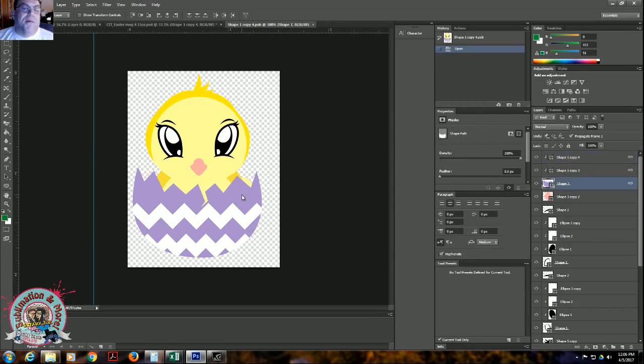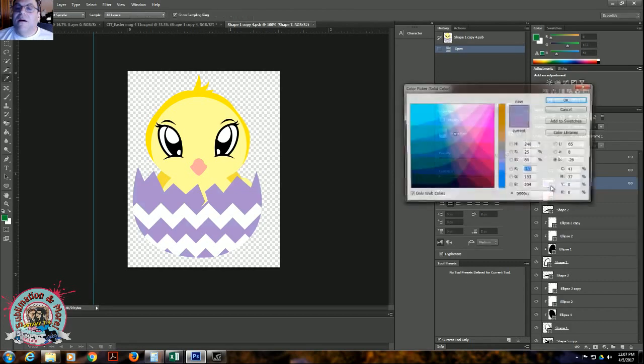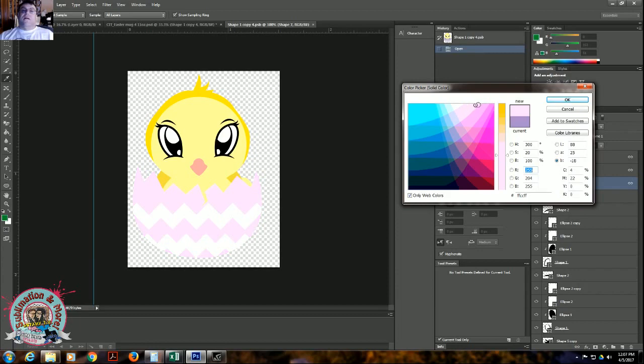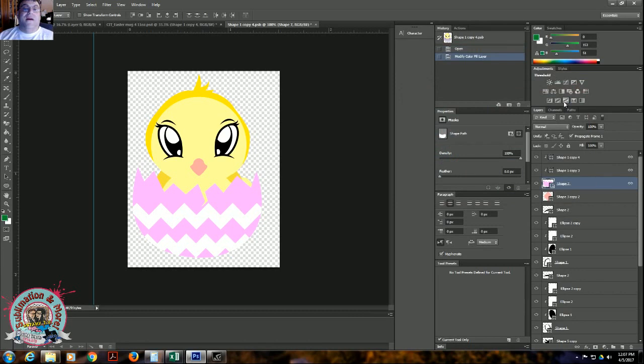So let's click the purple here. We're going to double click the layer thumbnail, come up with our colors. It's going to be for a girl that doesn't like purple. And we're going to select that pink. We're going to select OK. And just for goofs,